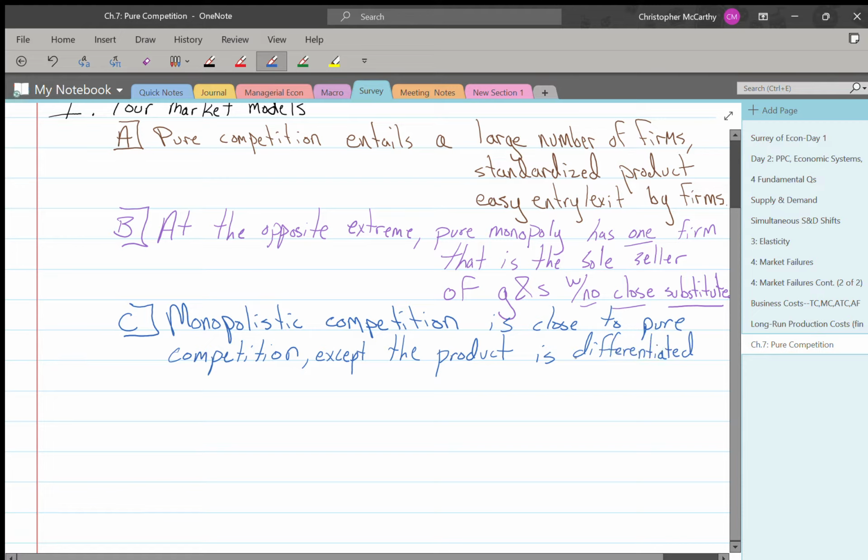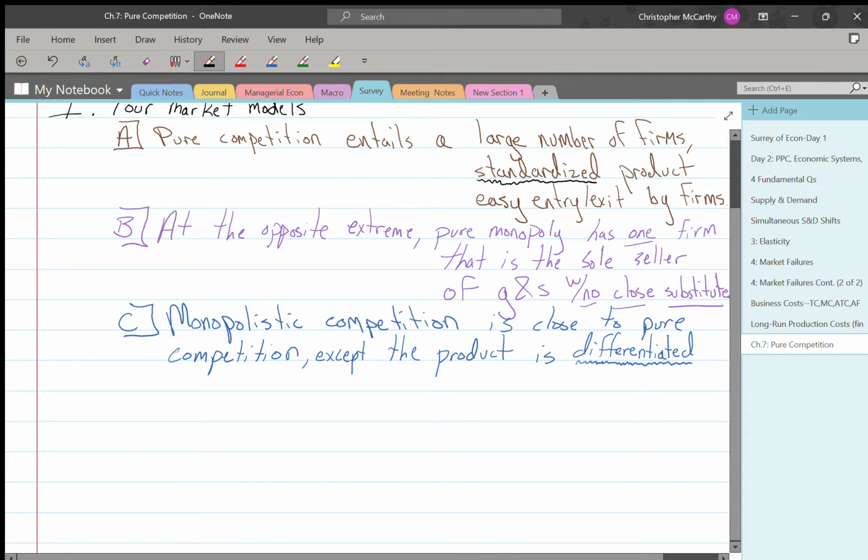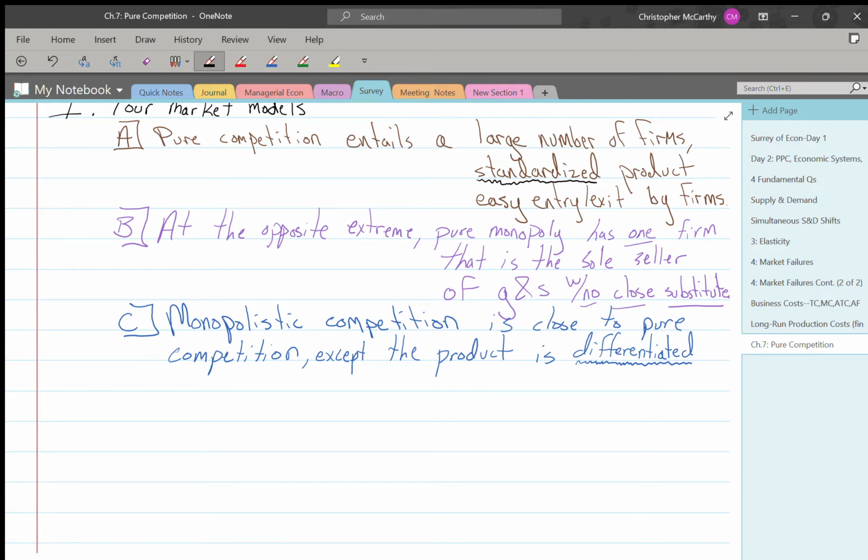So instead of it being a standardized product, which is what we have up here, right? When we think of standardized products, we think of ears of corn, bushels of wheat. It's not like we're going to the store and saying, oh, I want that good corn from this farm. Corn is corn, right? It's a standardized product. But for shampoo, for clothing, partly because of our tastes and preferences, partly because of advertisement, partly because of the people around us and what they're doing, we end up buying certain things over other things, those differentiated goods. So rather than standardized,